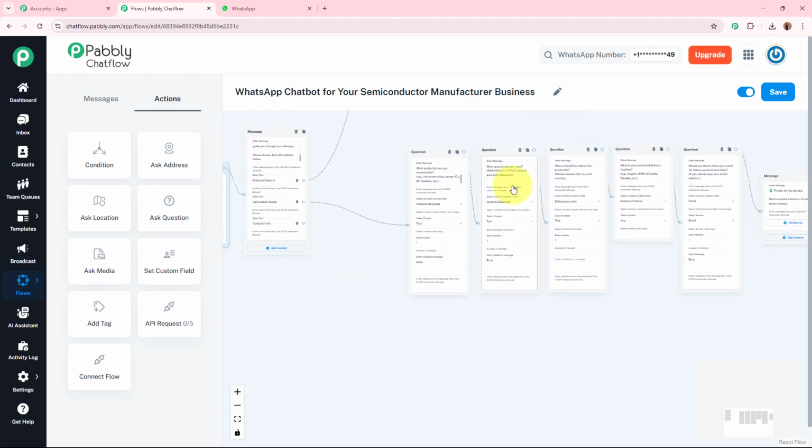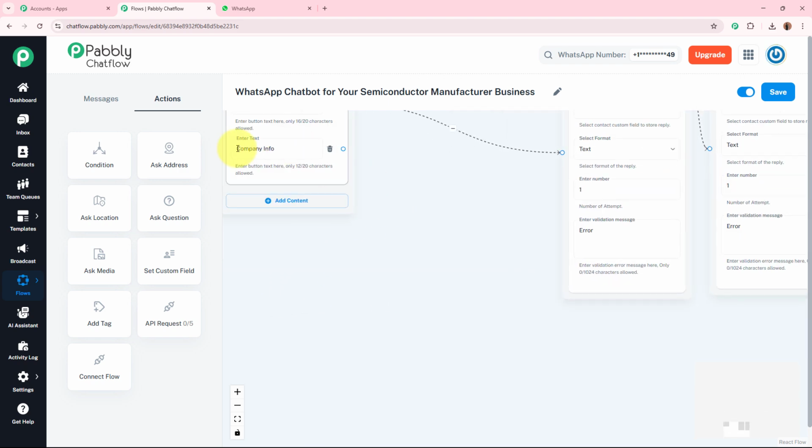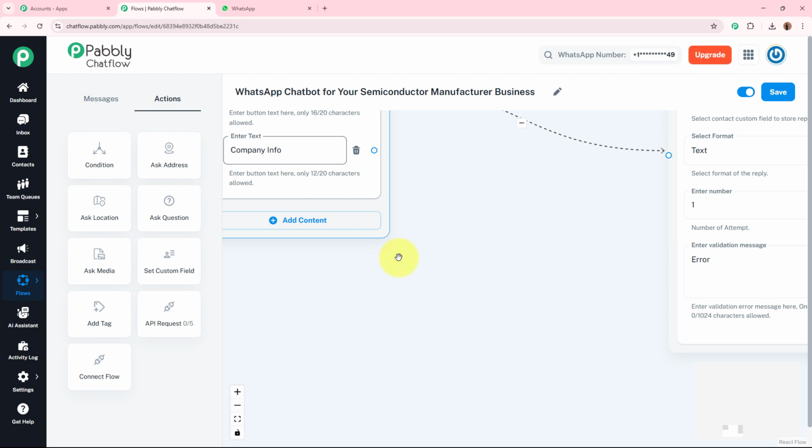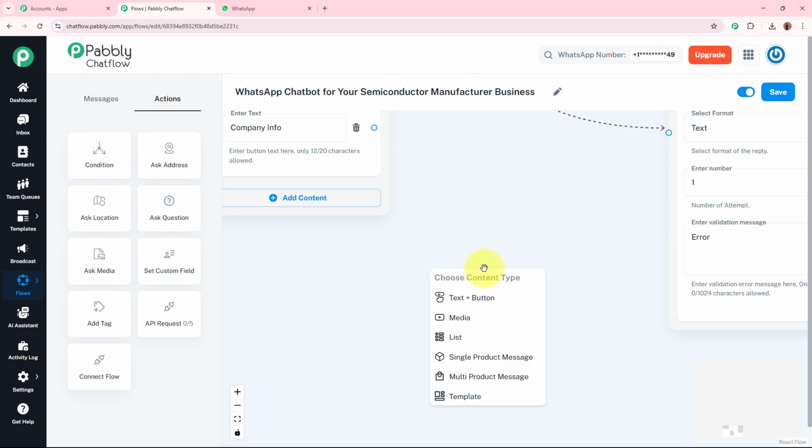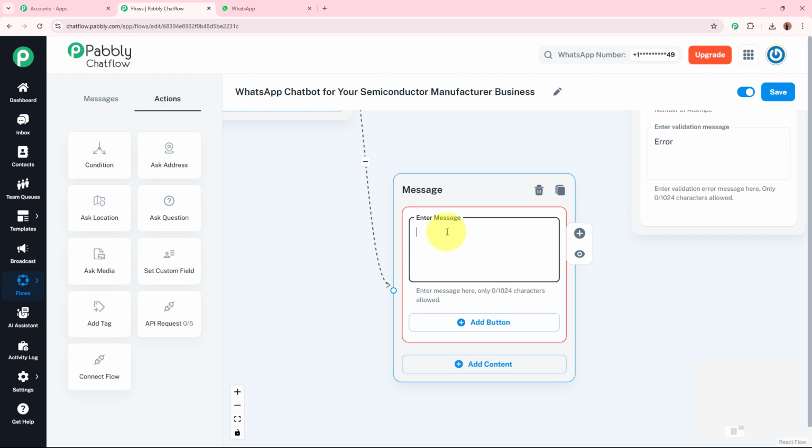So now I've set up my second button. Now I have my last button, that is company information. If a customer selects this button, they're going to receive the information of my company: what we provide, where we are located, and details like the email and the phone number. So for that, I'm going to drag this point and drop it in this field. Content type is going to be text plus button. And for the message over here, I'm going to write it as,